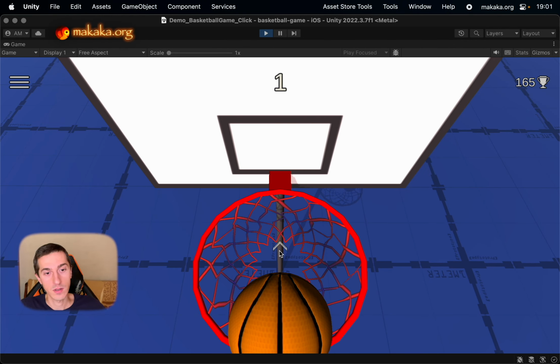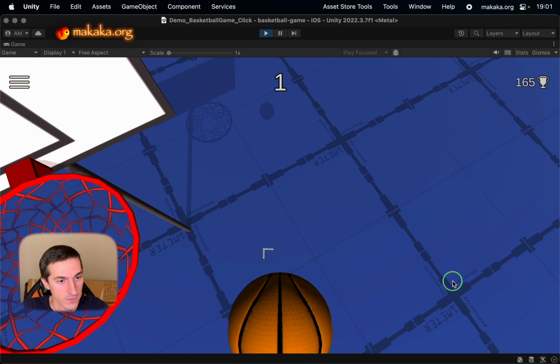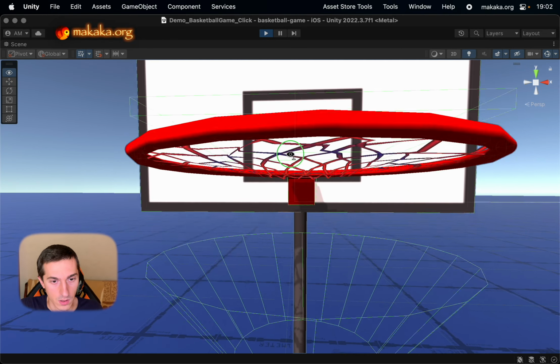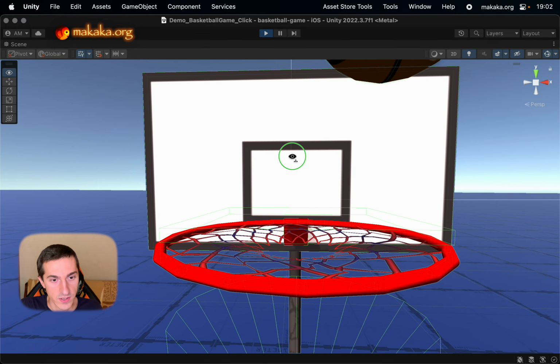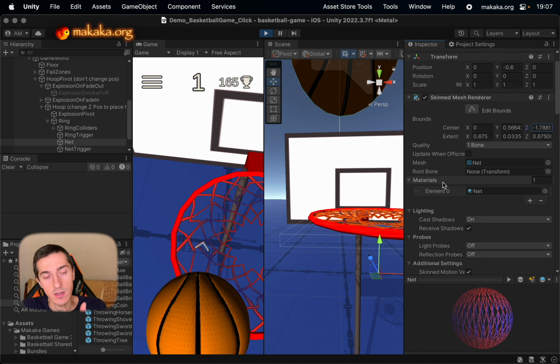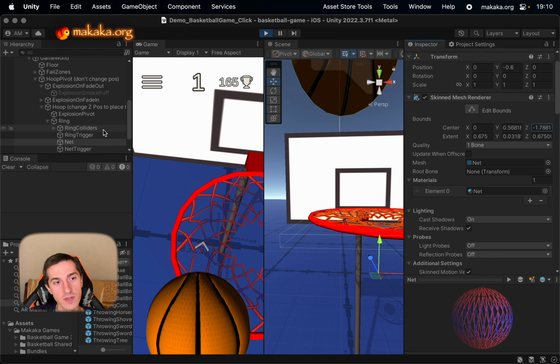And clear shot happened. As you can see, the net is not scaled properly. So the ring is scaled, but the net is not. The only solution, as I can see, is to duplicate the net with predefined settings of scale and position. So we can scale the ring with the net inside, and we need to move the net outside the ring